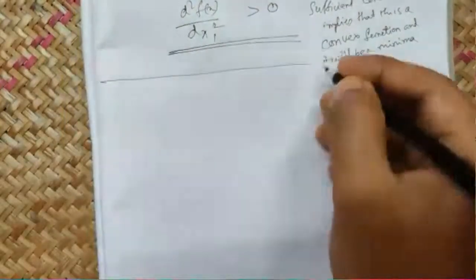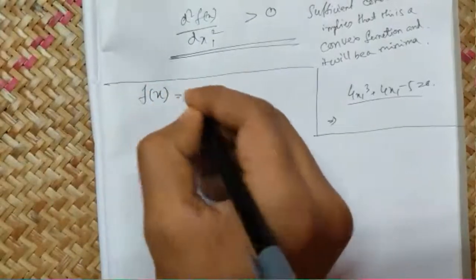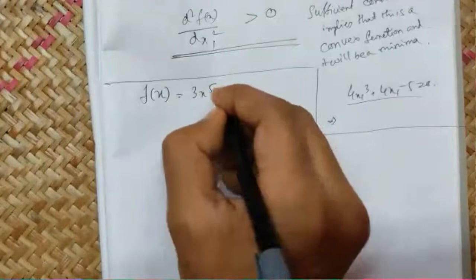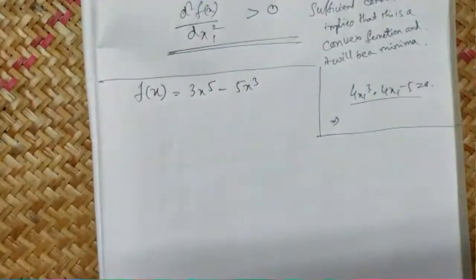We can do it with another, easy example. The same statement, with f(x) equal to 3x to the power 5 minus 5x cubed. So now